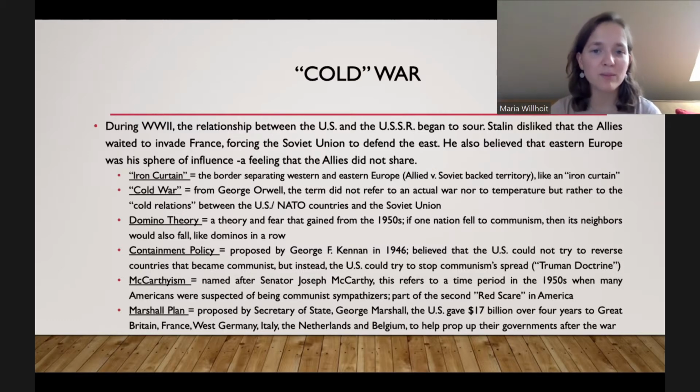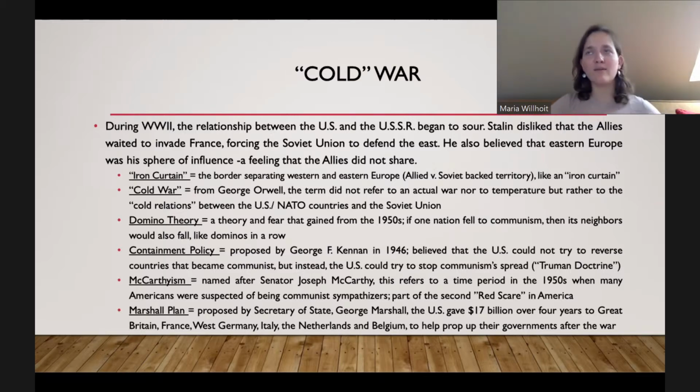And there's a very famous man named George F. Kennan who in 1946 basically believes that, okay, the US can't stop the Soviet Union from existing. It can't really even stop it from spreading. It can try, but it can't stop it from existing. What's been done has been done. We're not going to invade the Soviet Union and take it over and make it democratic. That's just not feasible. It's not what we want. We don't want a war really with the Soviet Union.